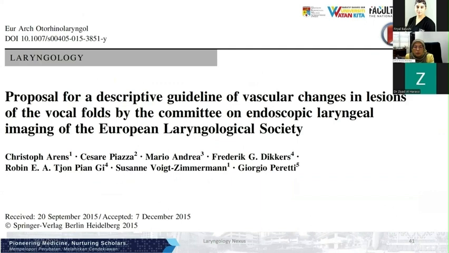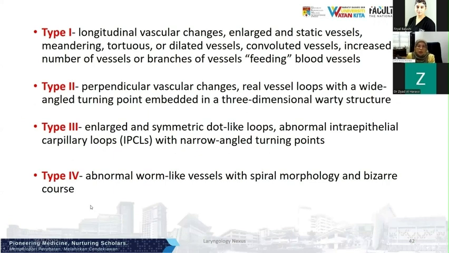Now, I want to just talk a little bit on vascular pattern. This is a proposal on a guideline on how we examine the vascular changes by the European Laryngological Society, which is published in 2015. So in this paper, the vascular pattern, the vessel on a lesion, is divided into type 1, type 2, type 3, and type 4. The type 1 is basically a benign lesion. It indicates a benign lesion,